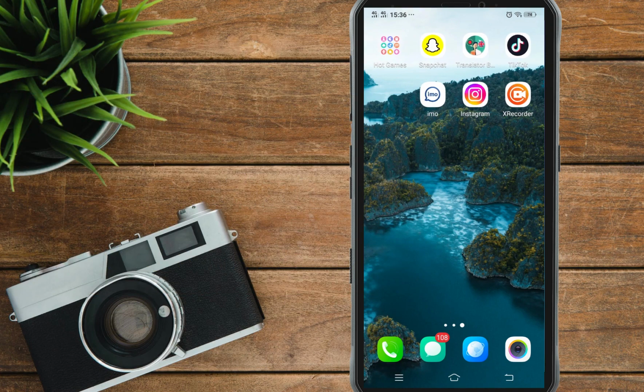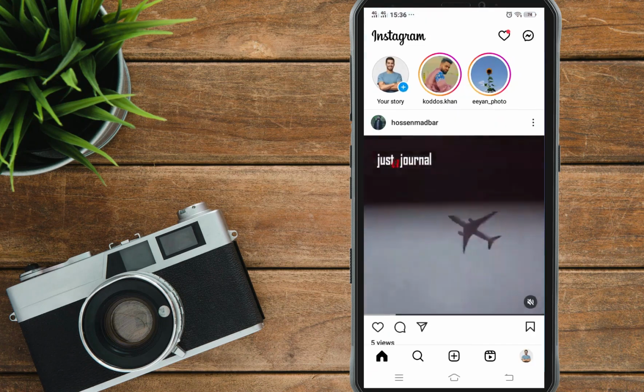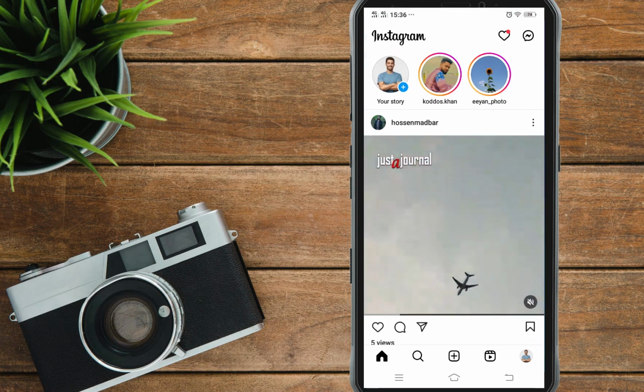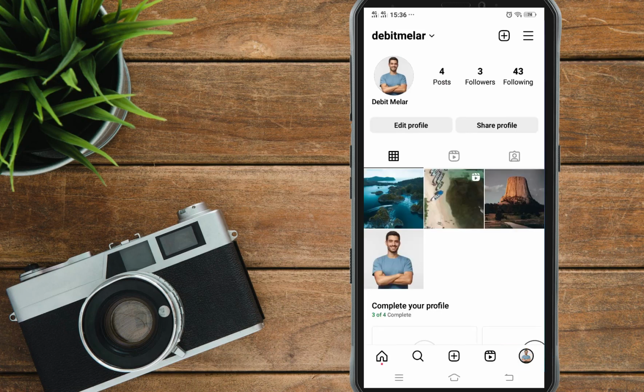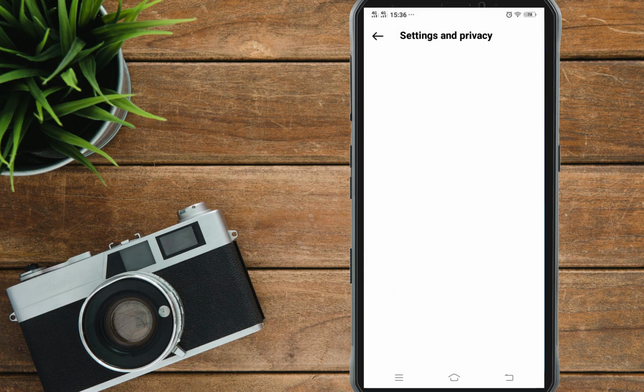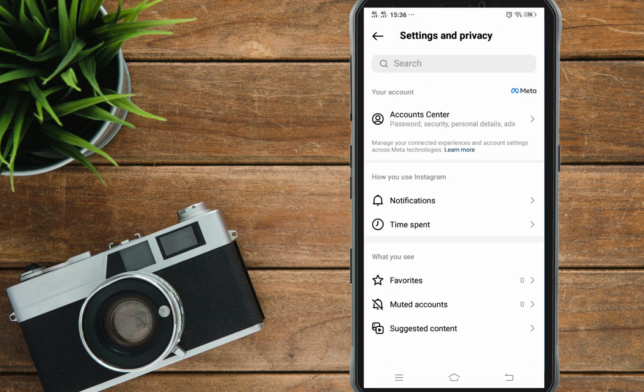So let's get started. First go to your Instagram account and then click the bottom right hand corner in the screen and press your profile photo, and after that go to the three lines in the upper right hand corner and then click settings and privacy, and after that click account center